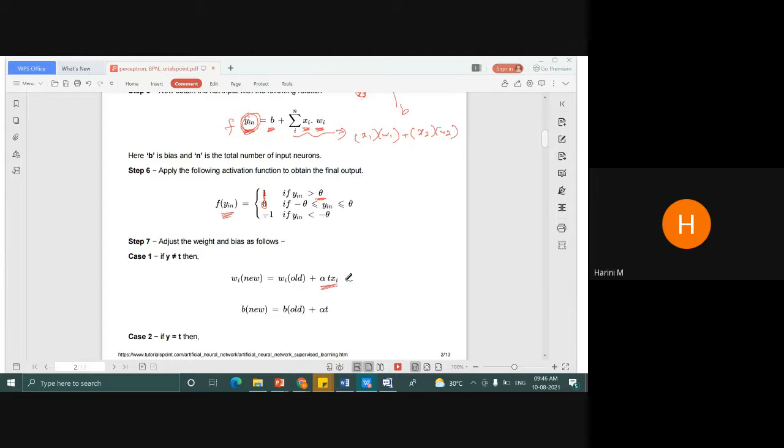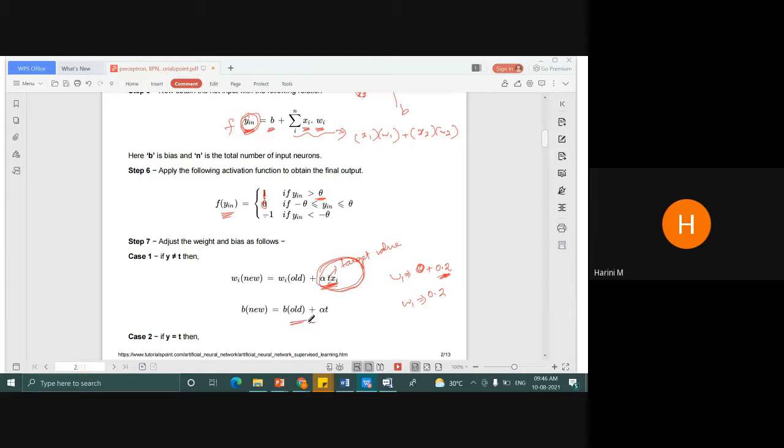That is what is given here. This t is the target value that we know. This xi is your input value, and this alpha is your learning rate. So you calculate the total error in the updation, along with the initial weight, the old weight. For example, you had 0, initialized to 0. Now, let's say this is the calculated weight error value, 0.2. Adding this, the new weight is 0.2. So this is how you have to update the weight.